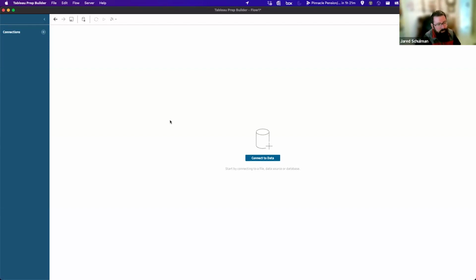But what we see more often is clients who are pulling directly from source tables, like connecting directly to something like Salesforce. Salesforce is a jungle of tables. There's just a ton of stuff in there, and you can build out those data sources in Tableau Desktop.